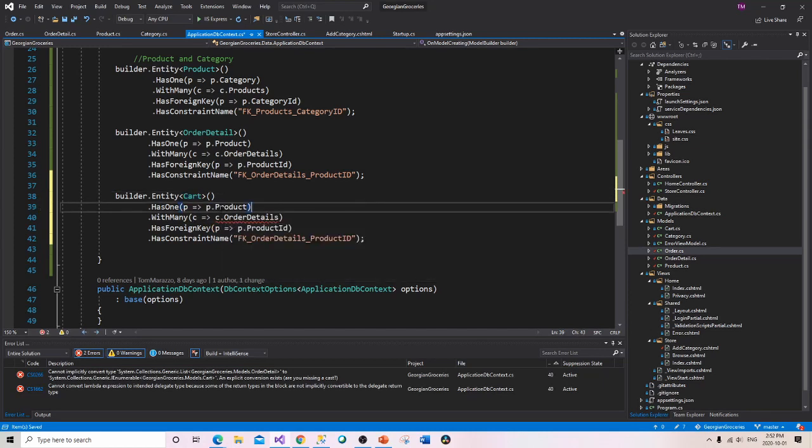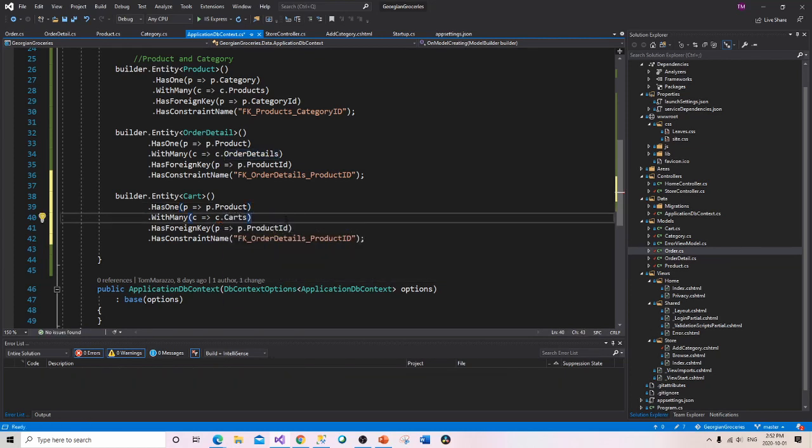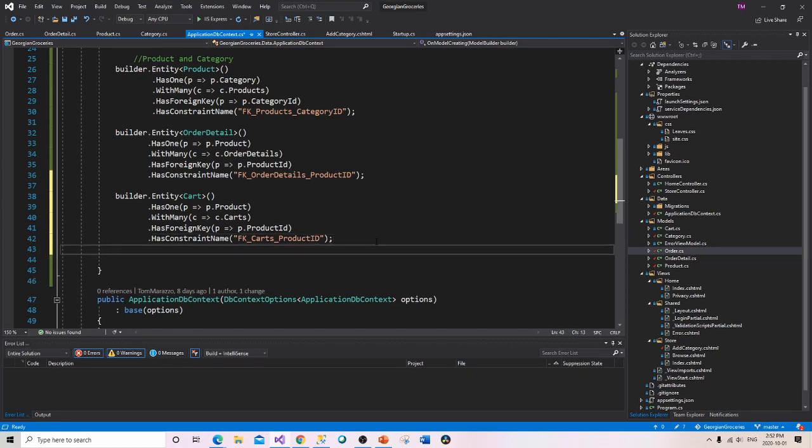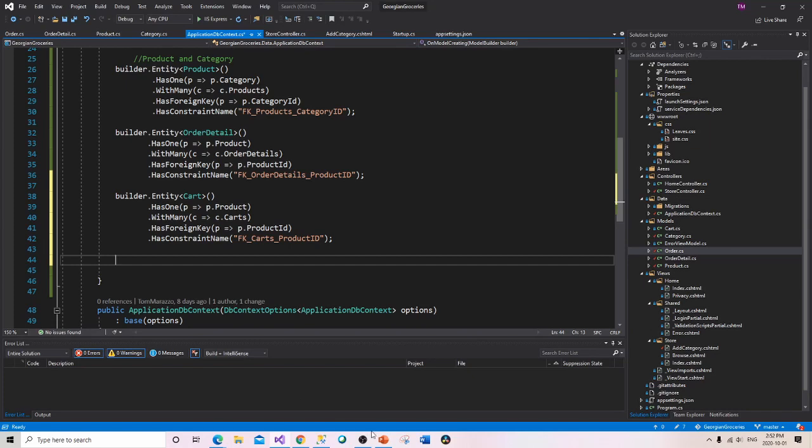Okay, and this is product. That's still good. Change this to carts. Okay, and product ID, and then I need to change this to carts. Okay, and product ID. So that one seems to be good. And I'm going to have to do this at least another time, because when I look at this relationship,